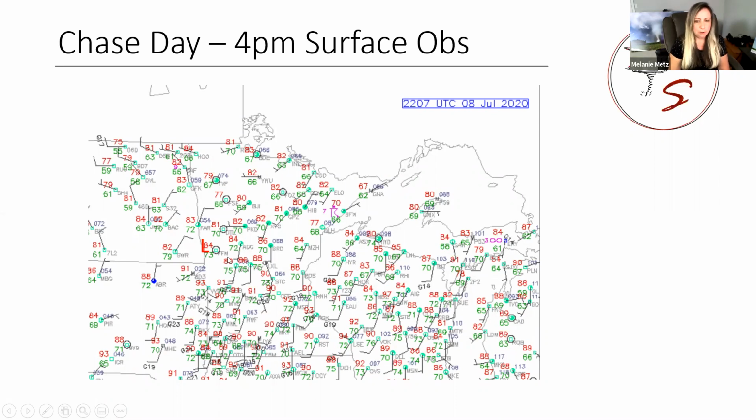And because of that outflow boundary, which you would look for on here based on wind shifts in the wind barbs, it was kind of an odd shaped outflow boundary. It became more of a warm front with all this warm air advection from the south. But this was right at 4 o'clock, right before the storm developed. That low was right near Fergus Falls. It's a triple point, actually. We've got the warm front and the cold front coming off that low.